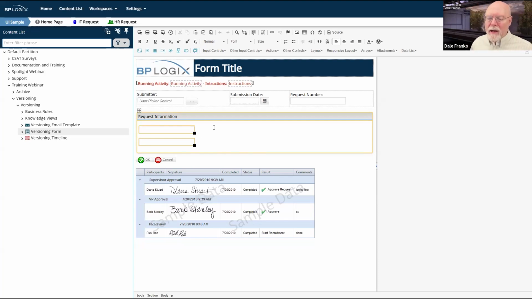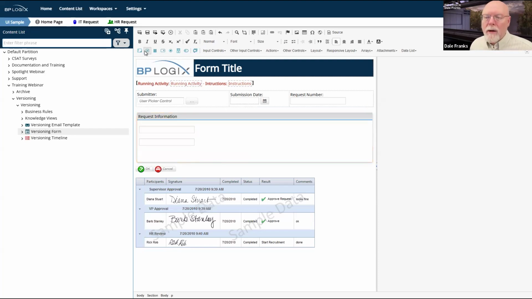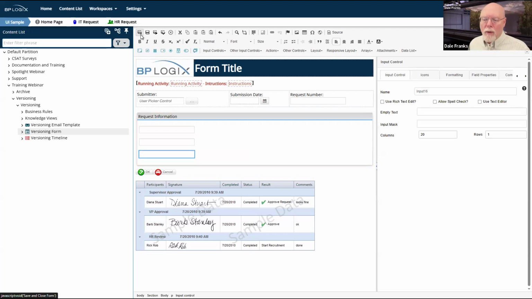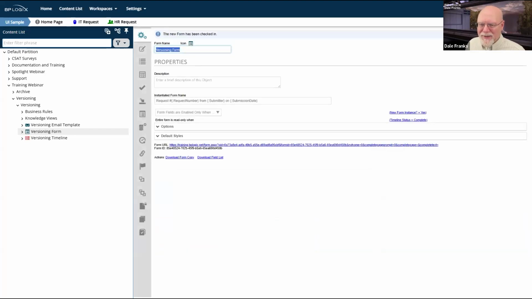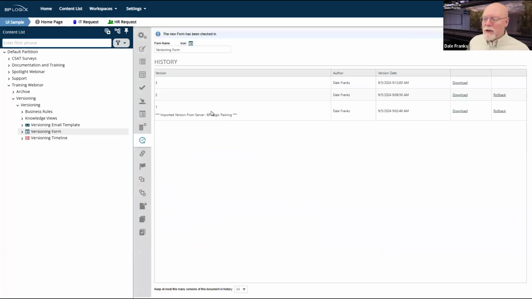And indeed, if I come in here and say, well, fine, let's go to here and let's add another control, and we'll save and close this. And then we'll go back to the history tab. As soon as it saves anyway, we'll go back to the history tab. Okay, this is a little tedious. Well, we'll get this tedious stuff out of the way at the beginning. Then I go back and look at my history tab.